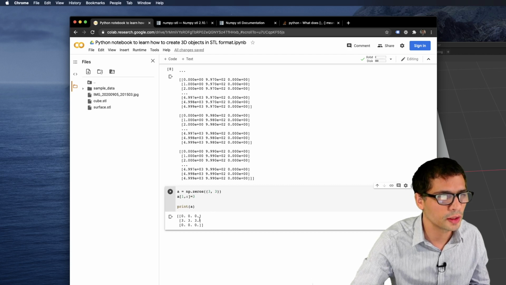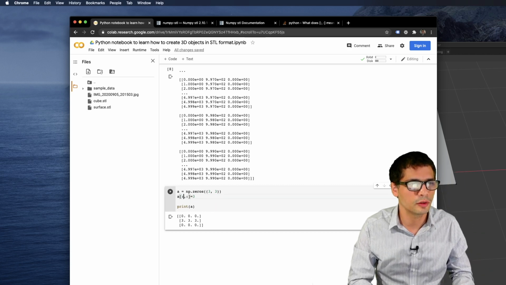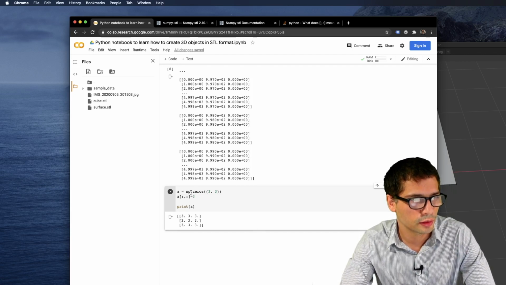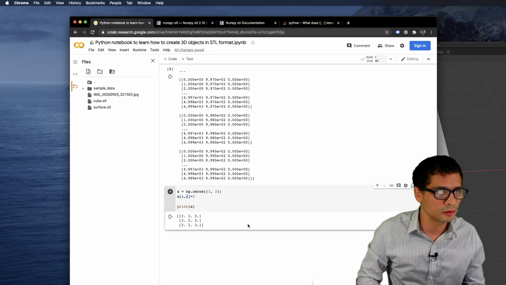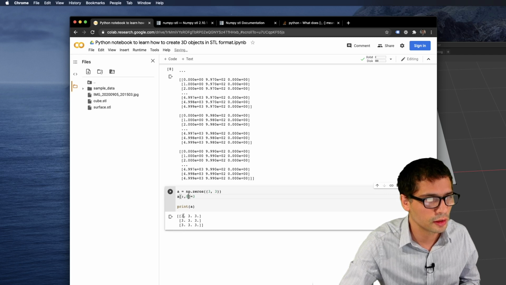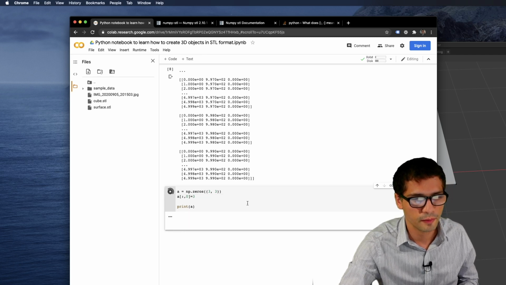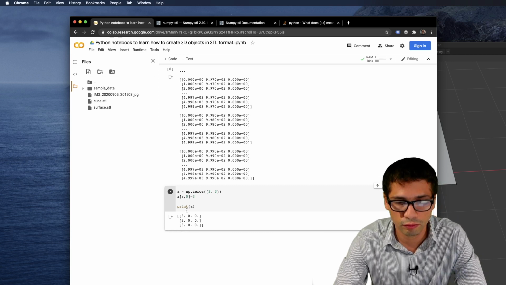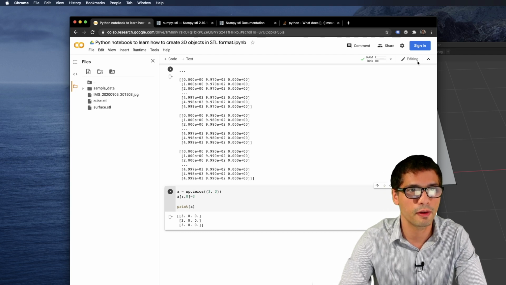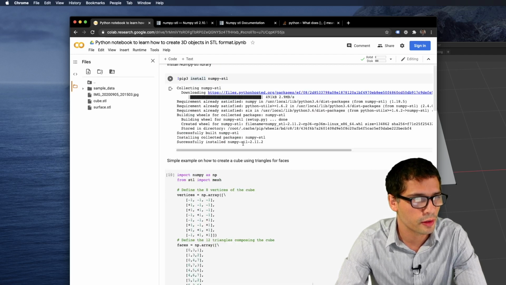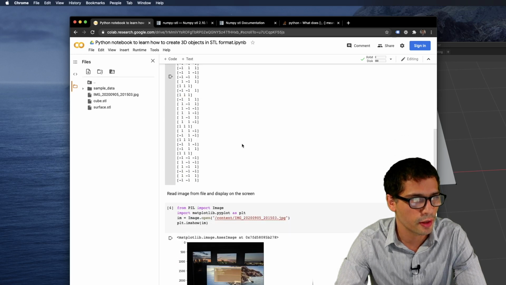And what happens if I just use a colon on the left-hand side? It does all the columns. So let's say I only want to replace the first column for all the rows, then I can do this. That's quite cool. Once you know it, it's very simple. If you don't know it, then you're scratching your head like me. You'll be scratching your head a lot.